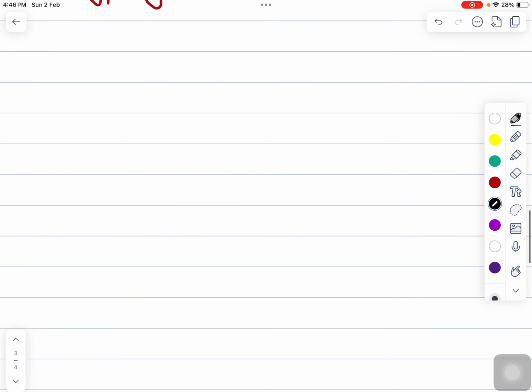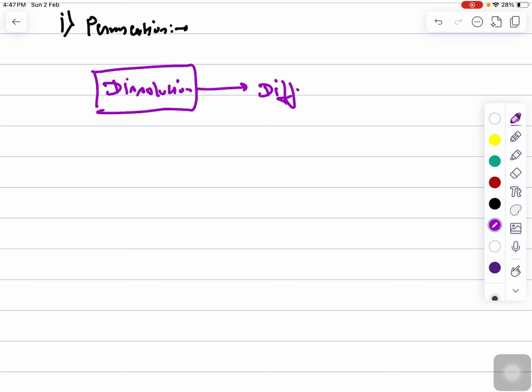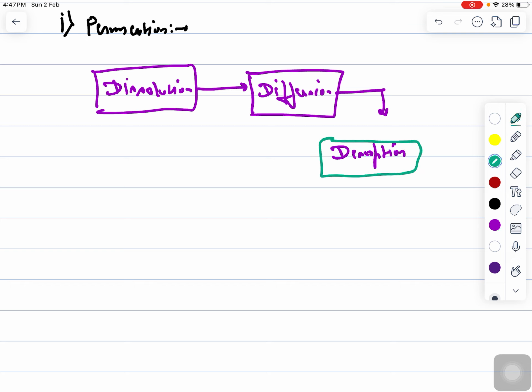So let's try to understand. First is permeation, right? So how is this transport happening in the membrane? First, dissolution of a species will take place. Once it gets dissolved, diffusion will start taking place. And after diffusion, desorption will start, where the substance will get completely saturated. So first is dissolution, then diffusion,